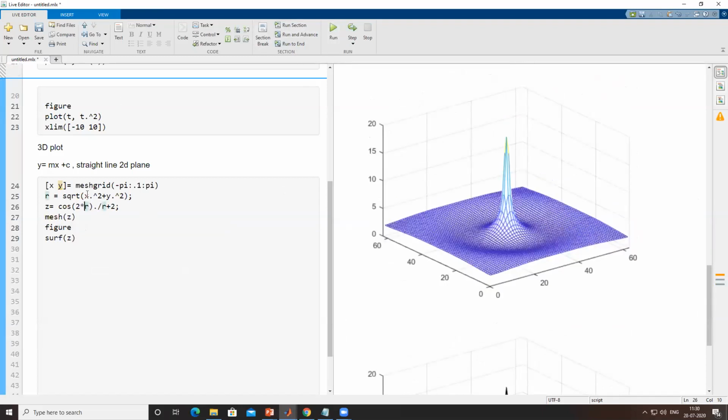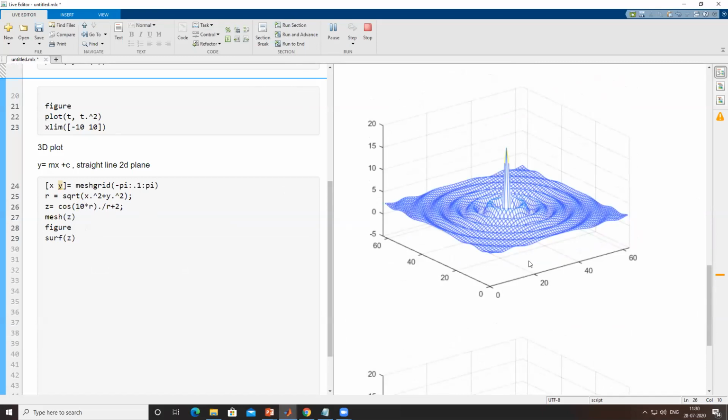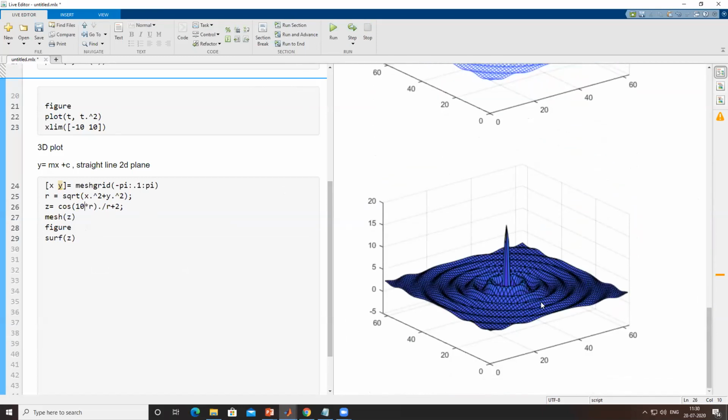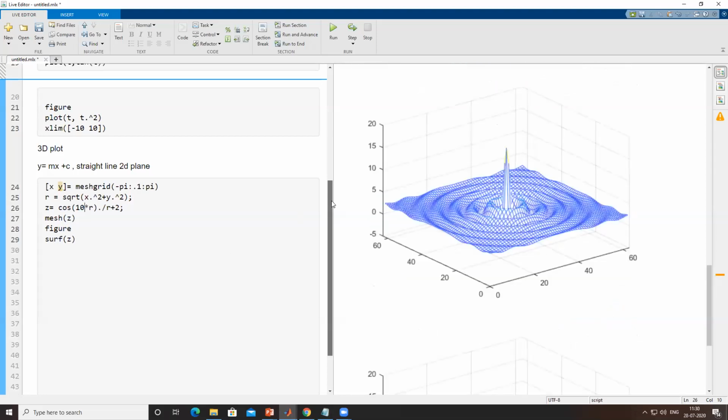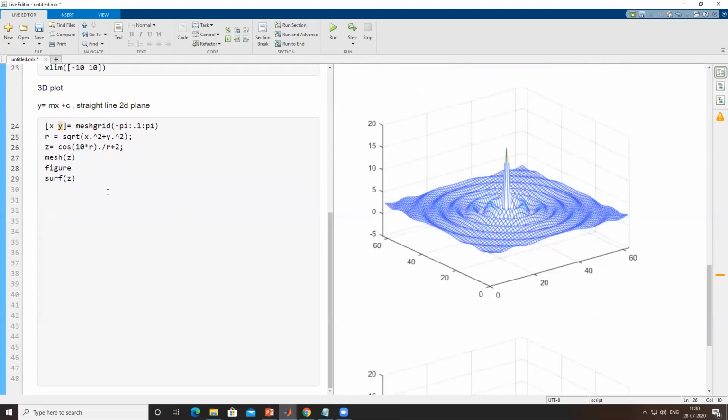I will increase the amplitude by multiplying some factor, so the number of ripples rises. Here you can see the ripples effect, and the ripple magnitude decreases as it progresses away from the origin. This way you can have 2-dimensional and 3-dimensional plots.